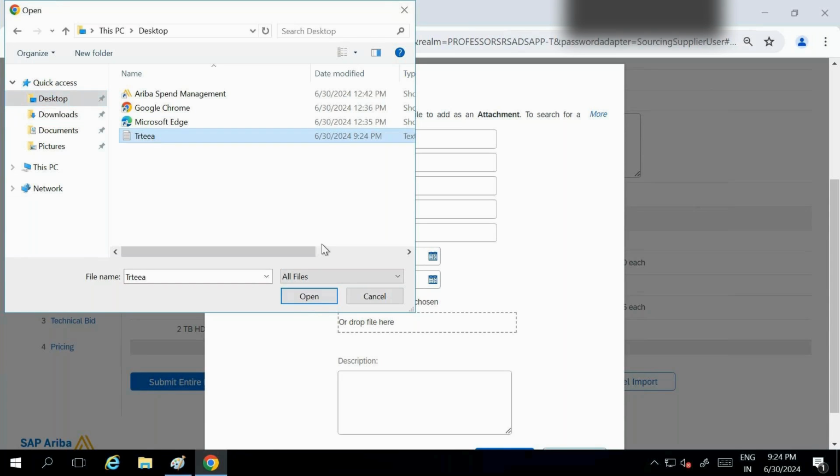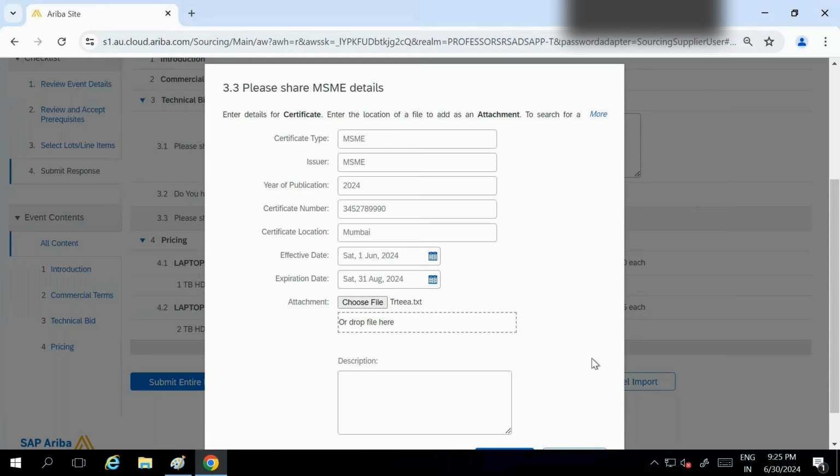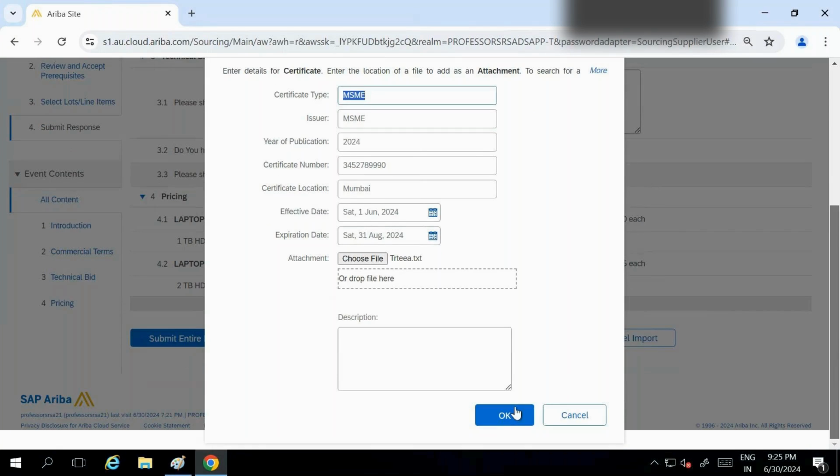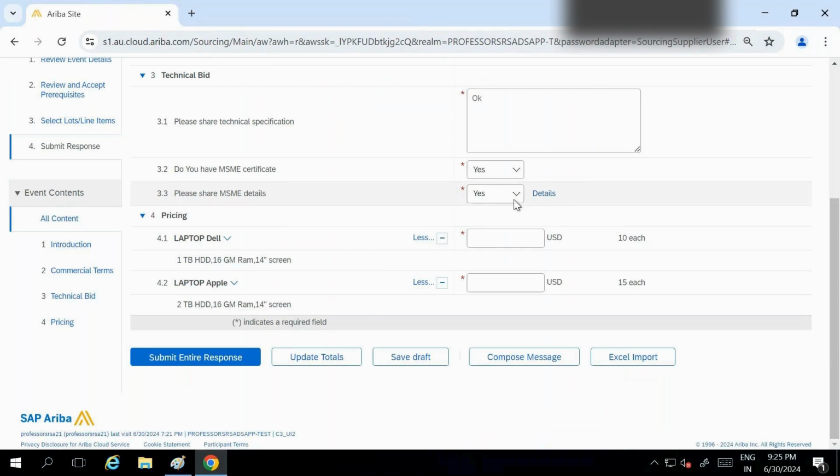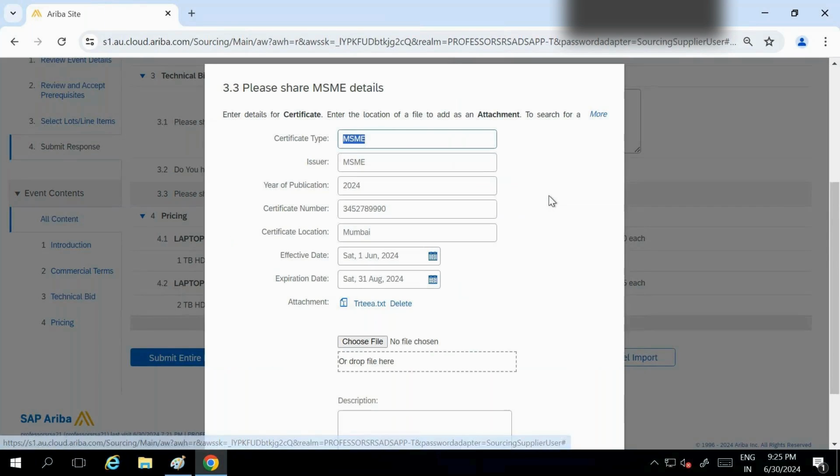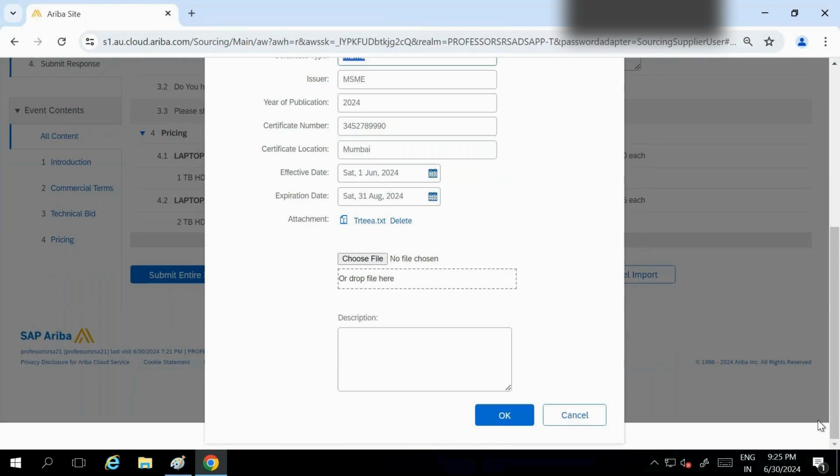See, I have created this file. I'll select it. Description: if you want to mention, you can, then just click on OK. Now for MSME certificate, before he selected yes, but for this option he needs to select MSME, then we have to click here for details. It will mention the details, and click on OK.